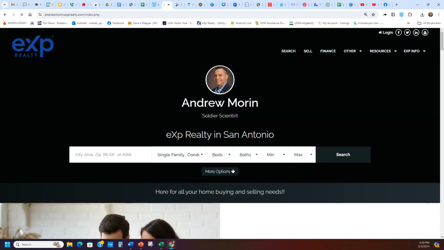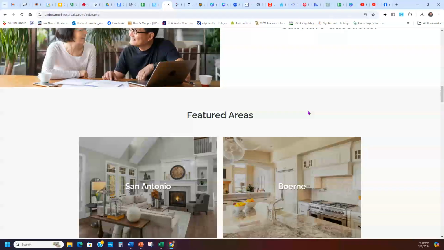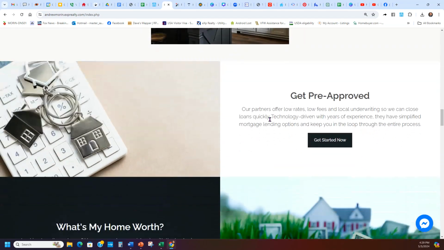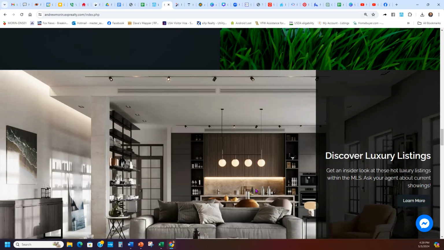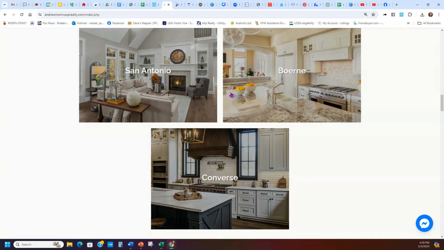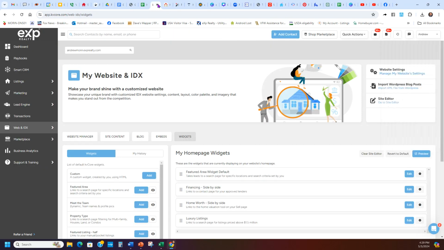So again, when you're on your website, these are my old widgets. Here are the new ones down here. You're going to check your featured area, your get pre-approved, home worth, and the luxury listings. Those look really clean, really nice. Featured areas looks great. Now, if you want the featured areas to expand the whole way across, if you have enough and you start doing 3 and 6 and 9,